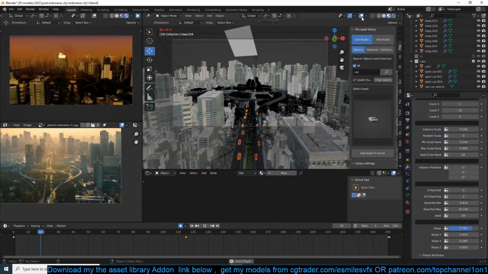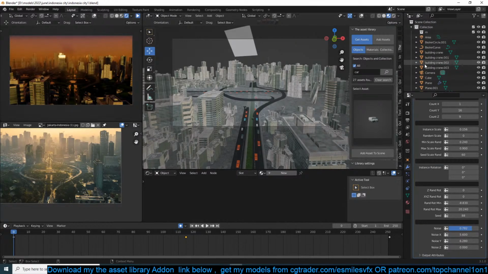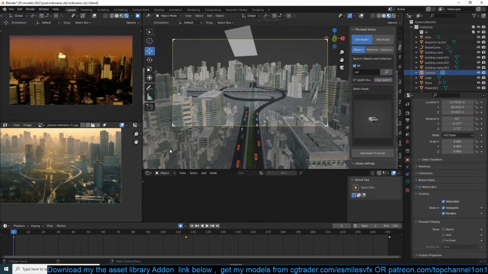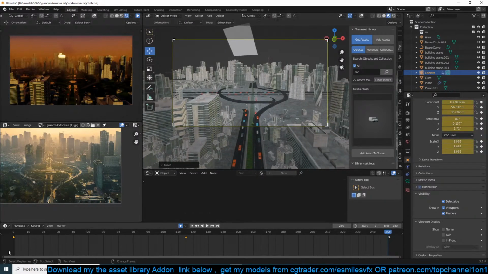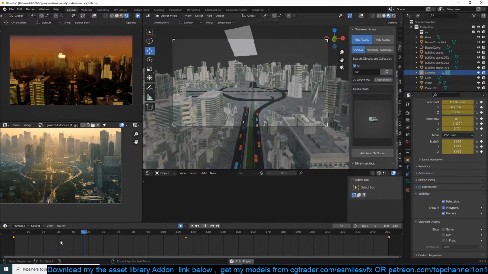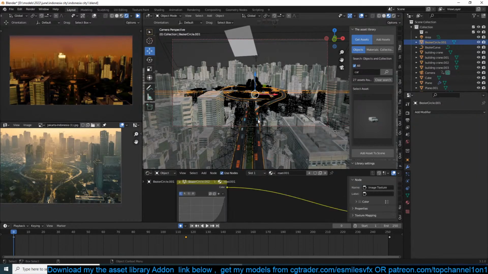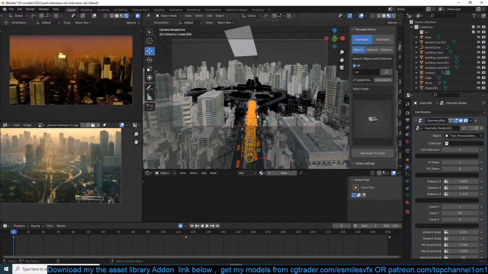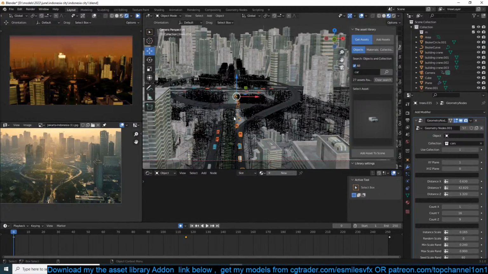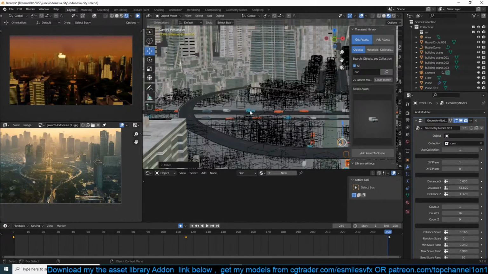Let's see. Camera should have some keyframes. This can be animated. We can also have